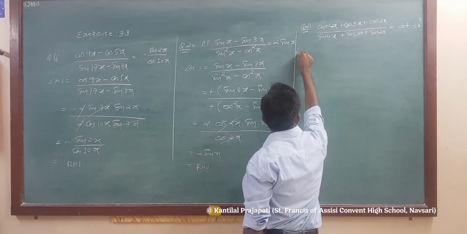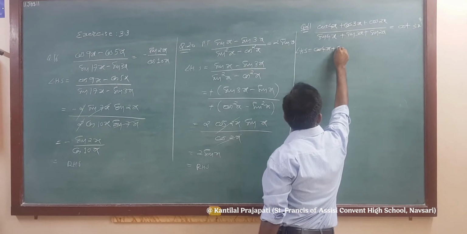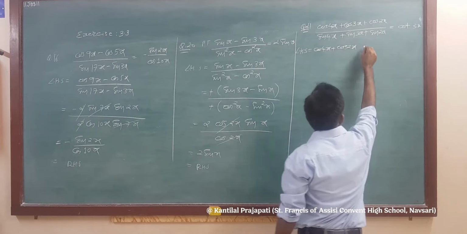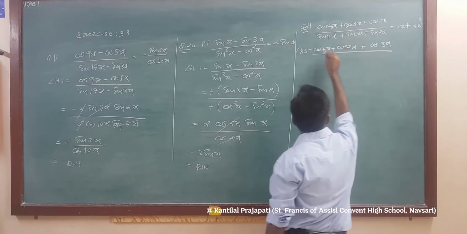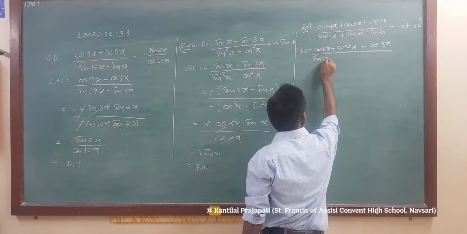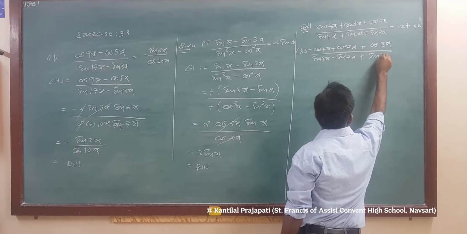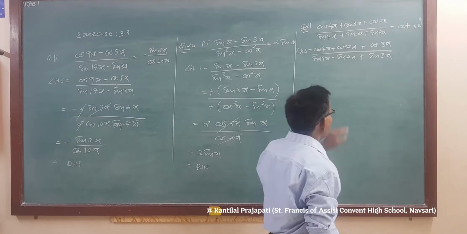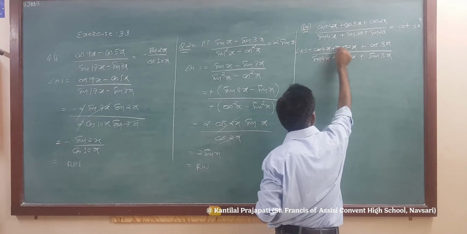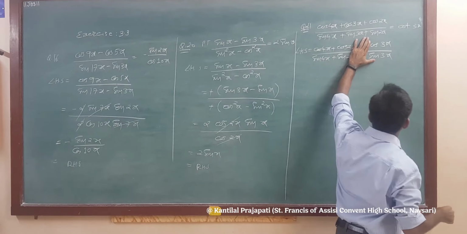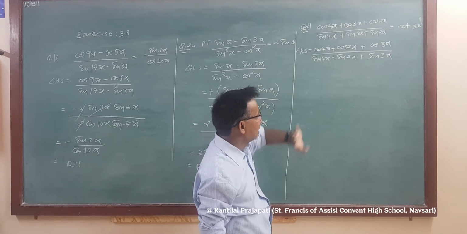So write LHS: (cos 4x plus cos 2x plus cos 3x). Similarly, in the denominator sin 4x plus sin 2x plus sin 3x. As we require cot 3x, some students do it like this: these two cancel, this sum is not required, so cancel, and we get cos upon sin, that is cot 3x. That is wrong, right? Addition is given, it is not a product. Remember this.